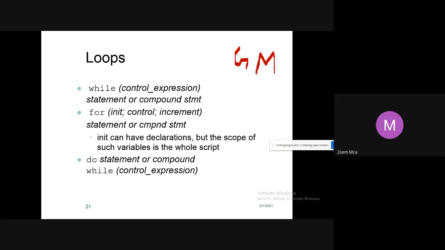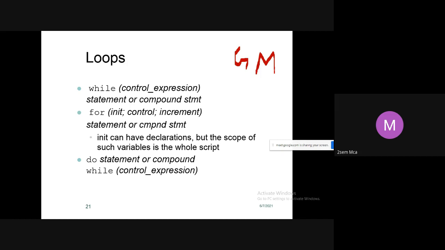There is another way to display the good morning message repeatedly, as many times as you want. We can achieve that using a looping statement. We have 3 types of looping statements: while, for, and do while.